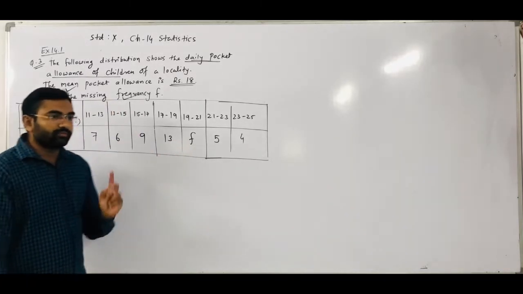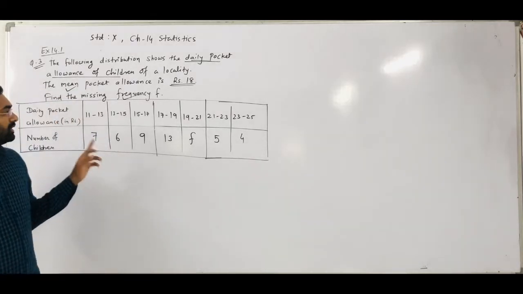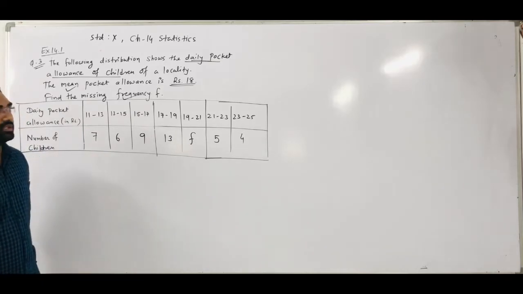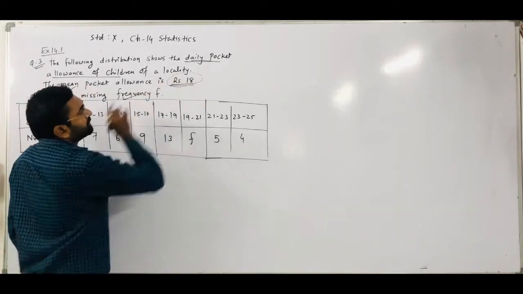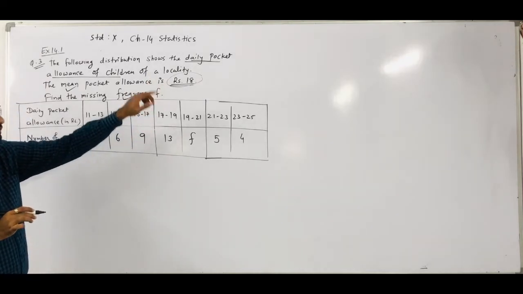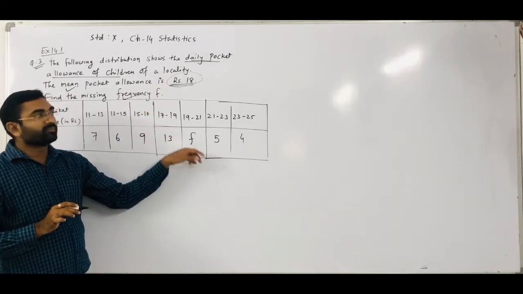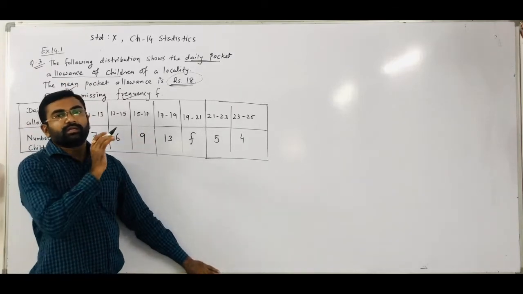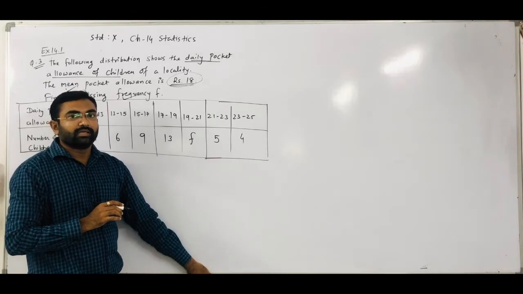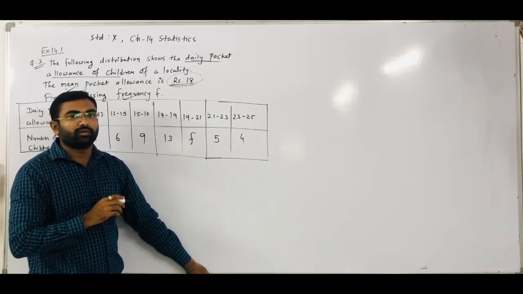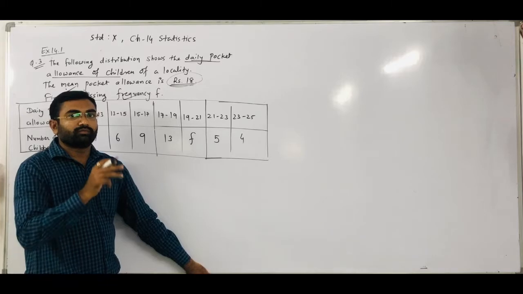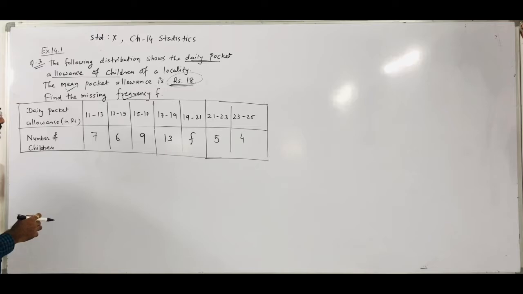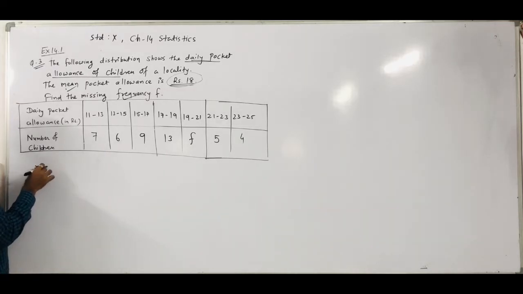If you observe question number 2, there they gave all the frequency values and asked us to find the mean, right? But in this question the mean value is already given, and they ask us to find the missing frequency. So from the given mean, we have to apply the mean formula. We all know there are 3 mean formulas. For this we apply the step deviation method. In the step deviation method, first we find the class size of the given observation.